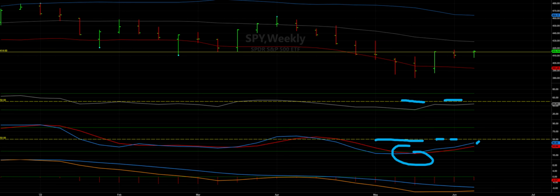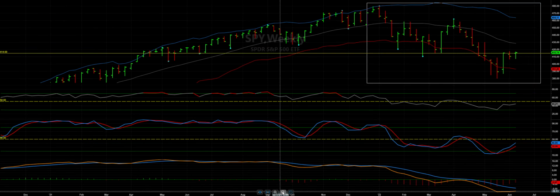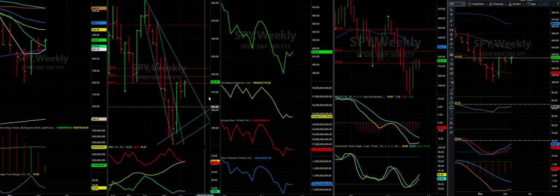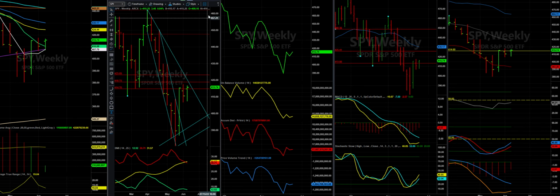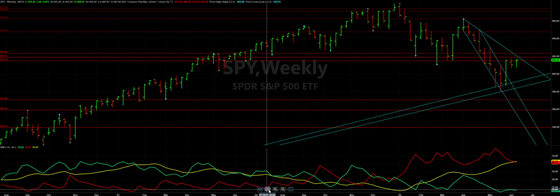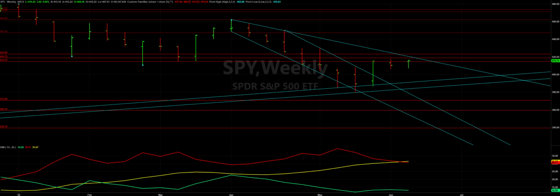All right, so let's go and look at the structural chart on the weekly chart and ask, well, if it hit the pivot, why did we not buy? Well, if we go to the structural chart, you see right here, this is a key reason why we did not buy. If you look at this weekly chart, with our structural resistance area, support resistance lines and